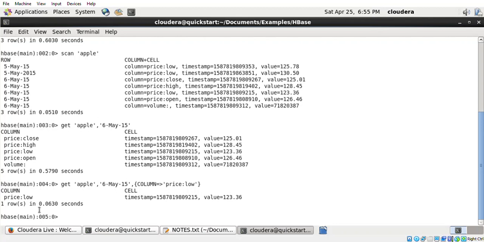Similarly, if you have to get multiple columns, you have to give the 2 columns within that bracket. Again, you type the same command. Here after price low, give one more column value, that is price equal to, within quotes, high. Price value low you can give, price equal to high also you can give, and then close the bracket.